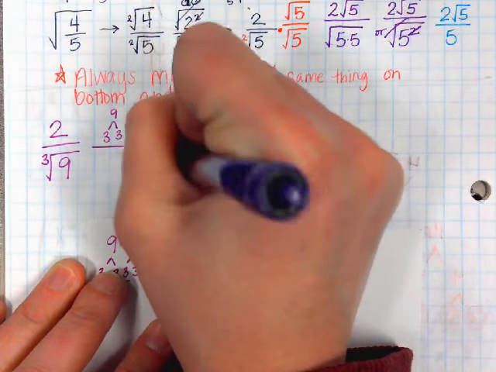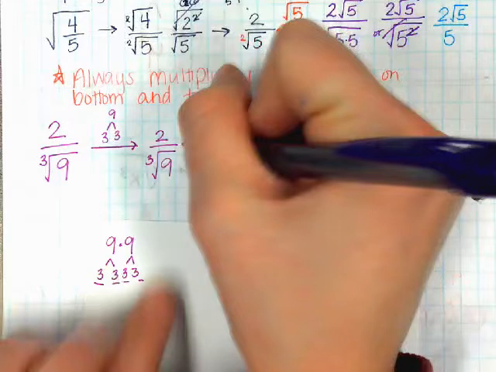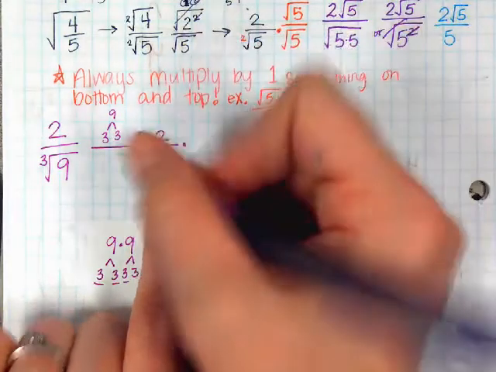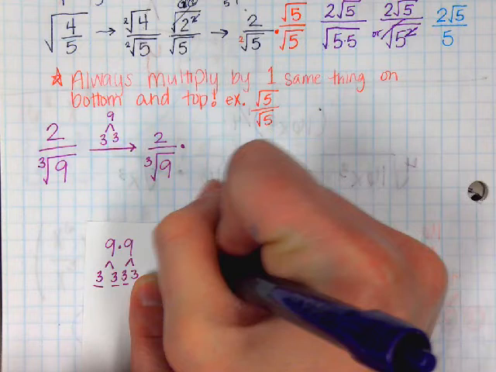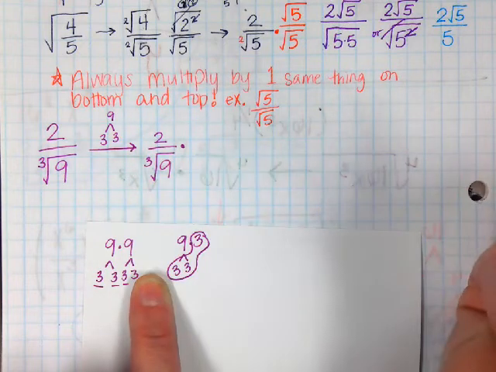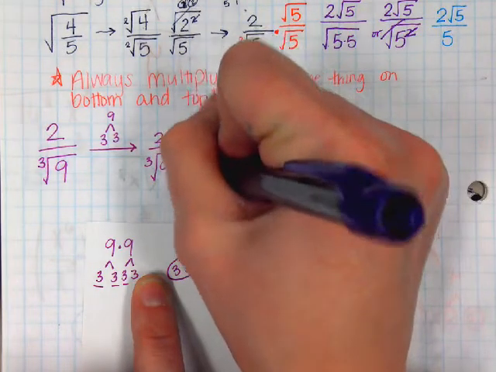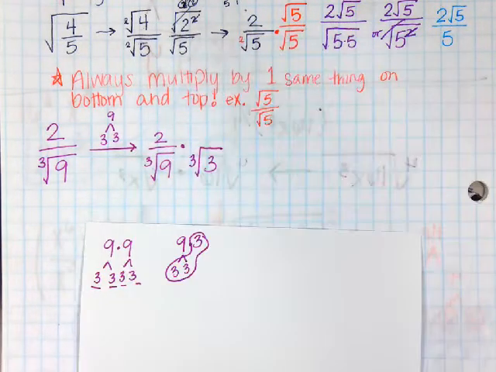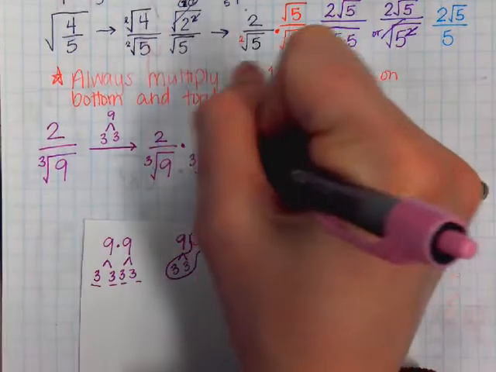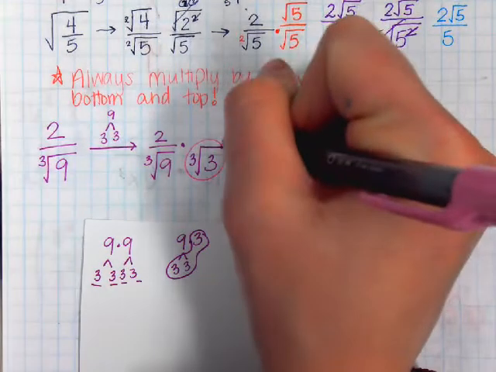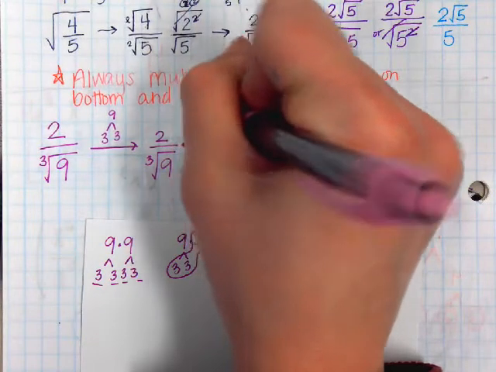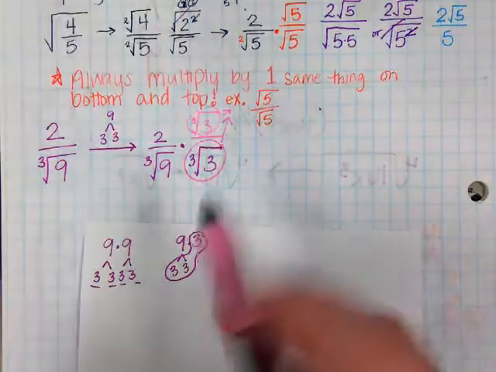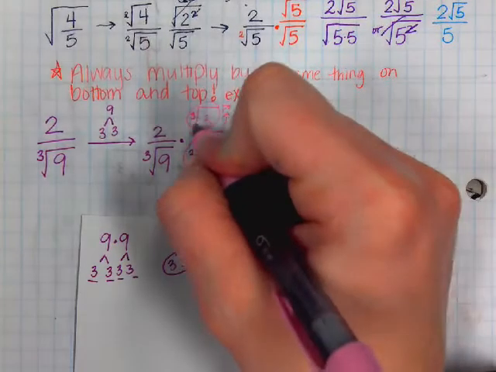So let me rewrite this over here. Sorry, I ran out of room. So I only need to multiply it by a 3. It's already 9, so I need to do 9 times 3. And then notice I would have 3 3's. So I need to multiply by the cube root of 3. This is that same rule right there. So I need to multiply by the same thing on top and on bottom. That's a cube root